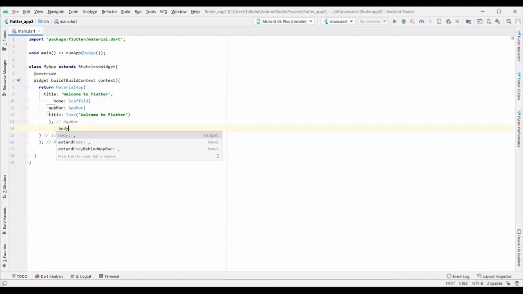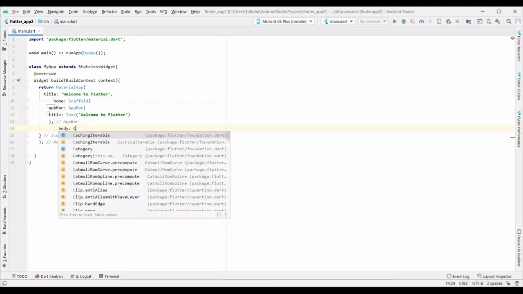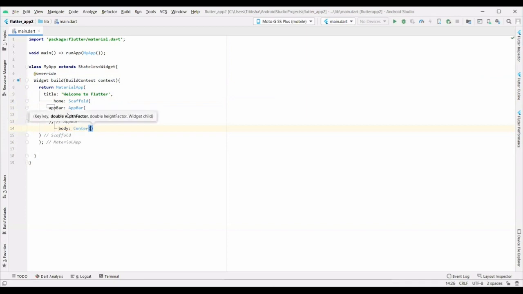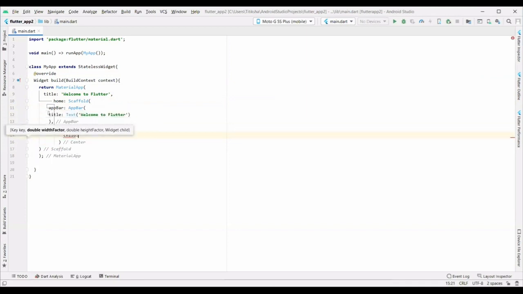Then we'll specify what we want to display on the body of our application. And since I want the alignment to be in the center, I'll specify it here. When I type the text, hello world,